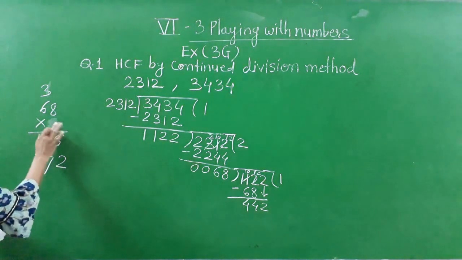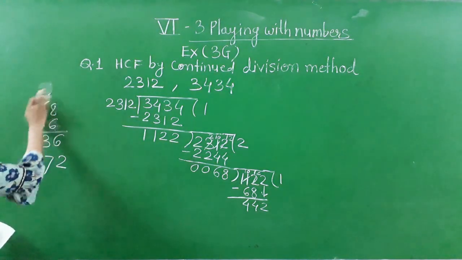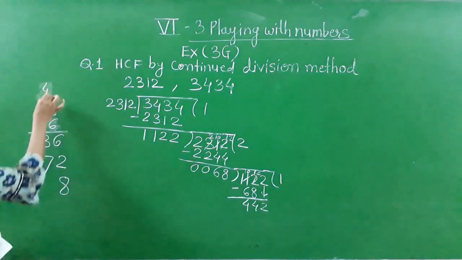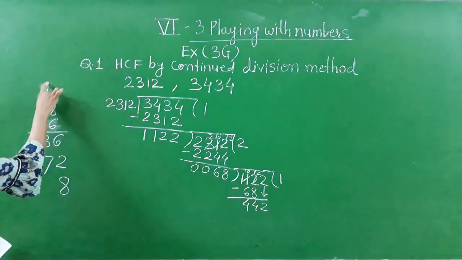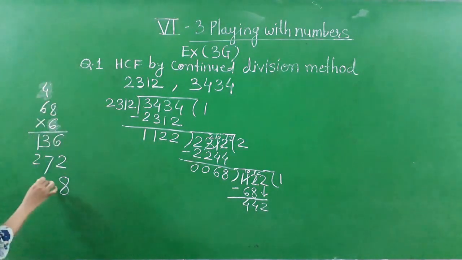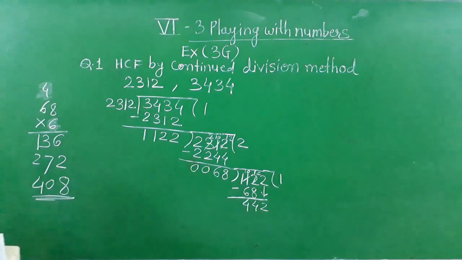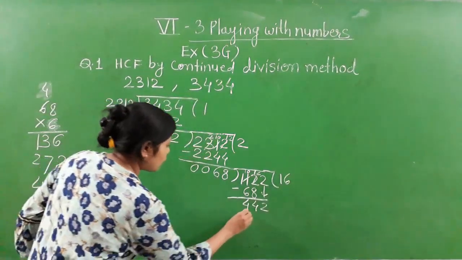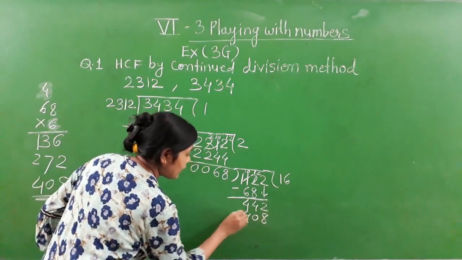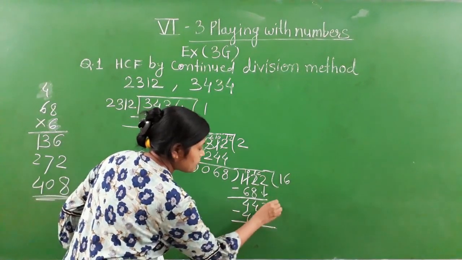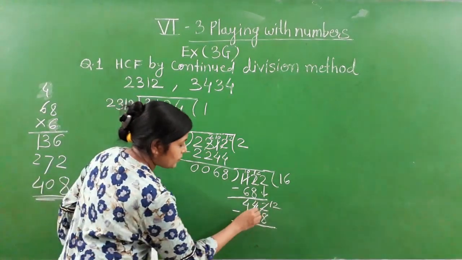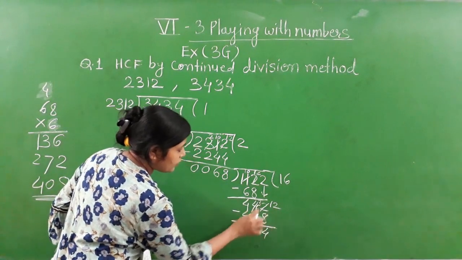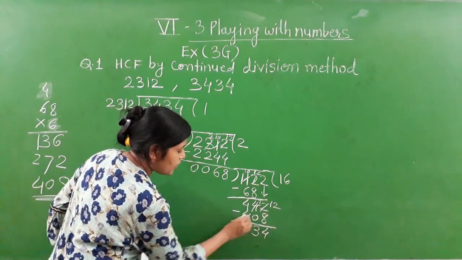So let's try the 6's. Okay. So what will we get here? 8 6's 48, 8 here 4 carry. 6 6's 36, 36, 37, 38, 39 and 40. So this number we can do, means 6's we can write 6's 408. Now subtract it. 12 minus 8 is 4 and 3 minus 0 is 3 and this is 0.